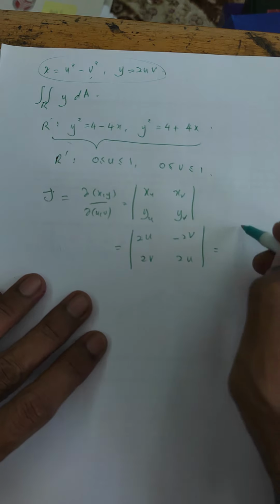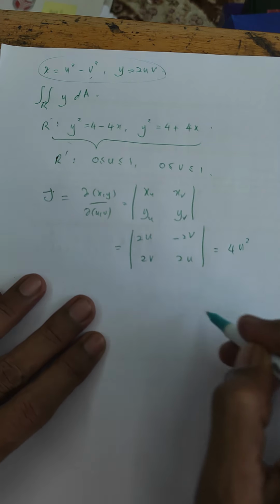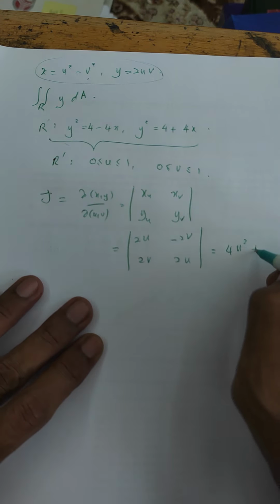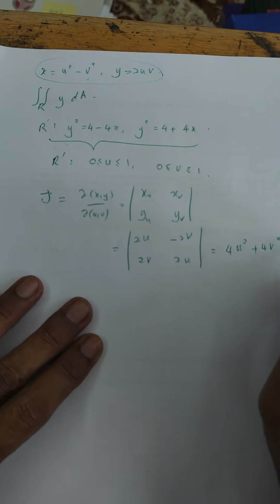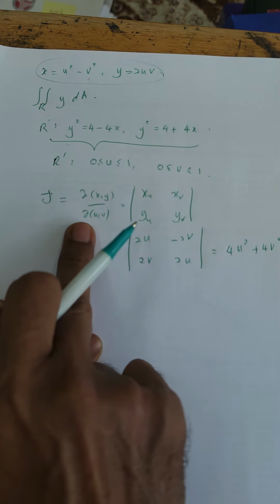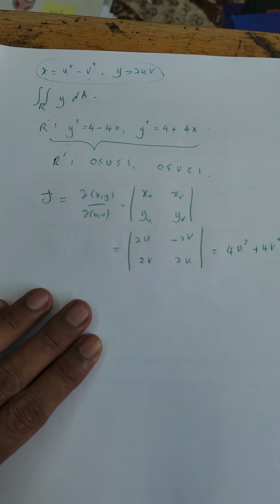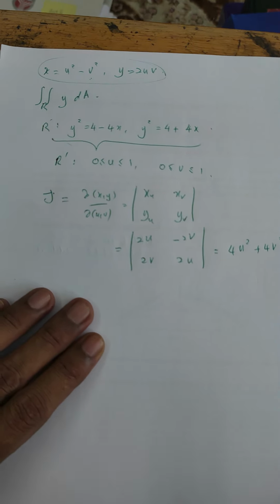So that gives you 4u squared plus 4v squared. This is positive, so if you take the absolute value, you still get the same thing. So therefore,